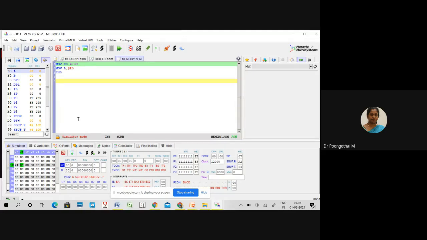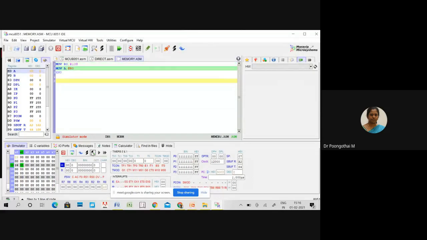First I will execute MOV R0, #10. Look here, R0 is loaded with 10, in your internal memory also. This is your R0, bank 0 R0. The default bank selection is bank 0. This bank 0 contains 8 registers from R0 to R7.